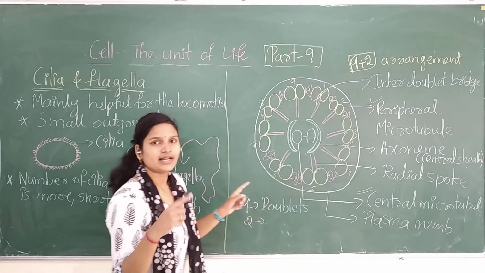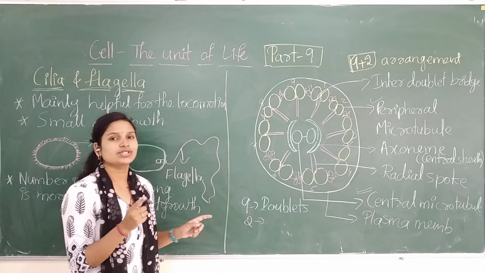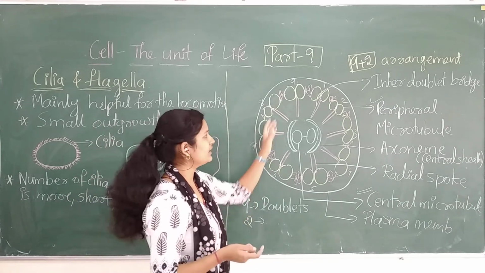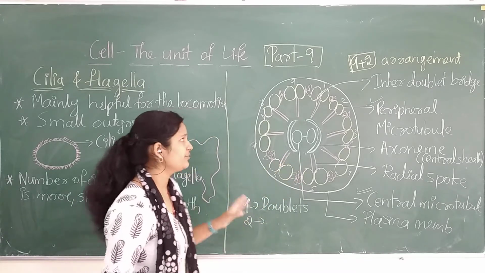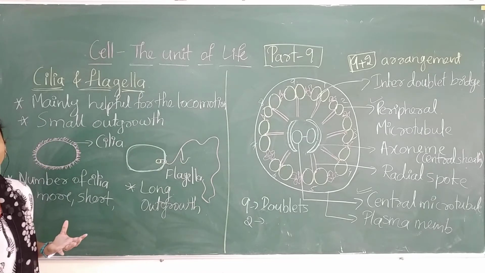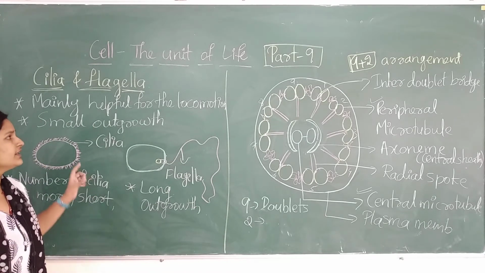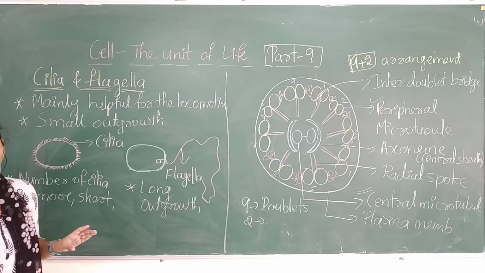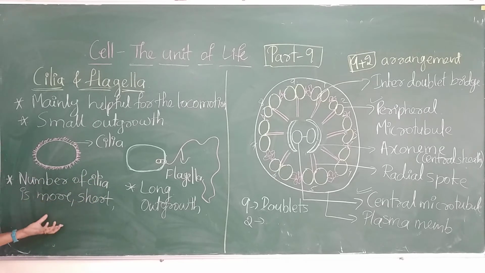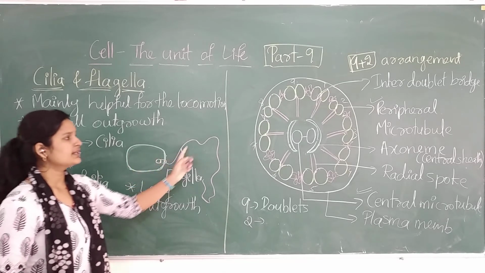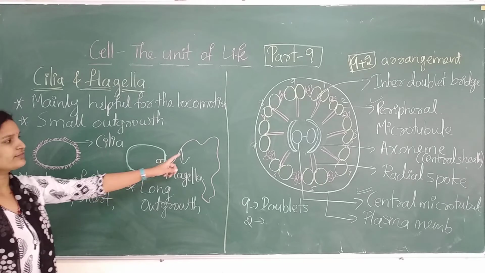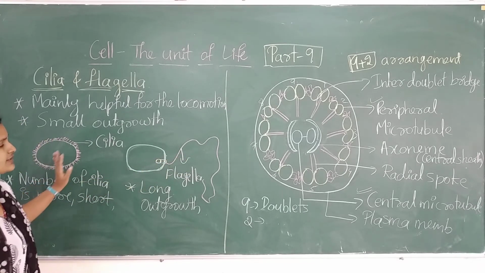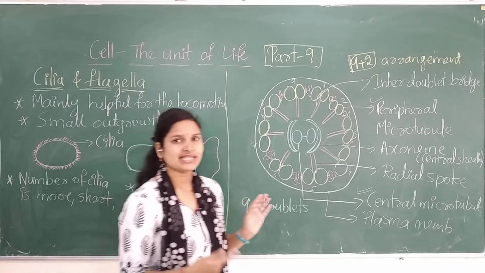Radial spoke. When you hit a cycle wheel, there are those rods, that structure we call a spoke. So here the radial spoke arrangement will be there. I will explain you once again. Cilia and flagella are small outgrowths from the surface of the cell. They are mainly helpful for locomotion. Cilia means small numerous outgrowths present in the organism. Flagella means a long thread-like structure present mainly in bacteria and others. These kinds of structures will be observed. So this is all about your introduction part about cilia and flagella.